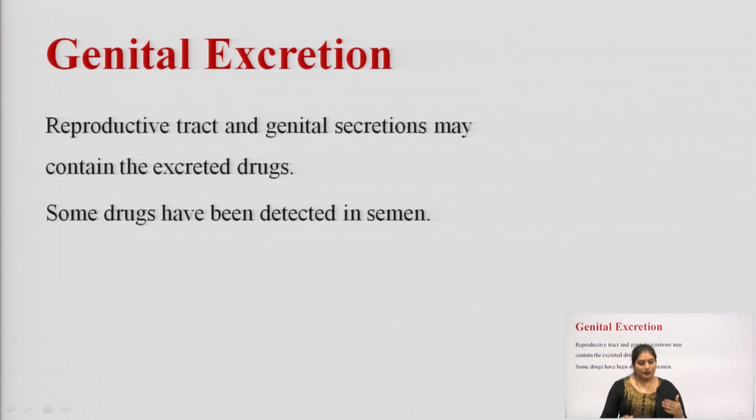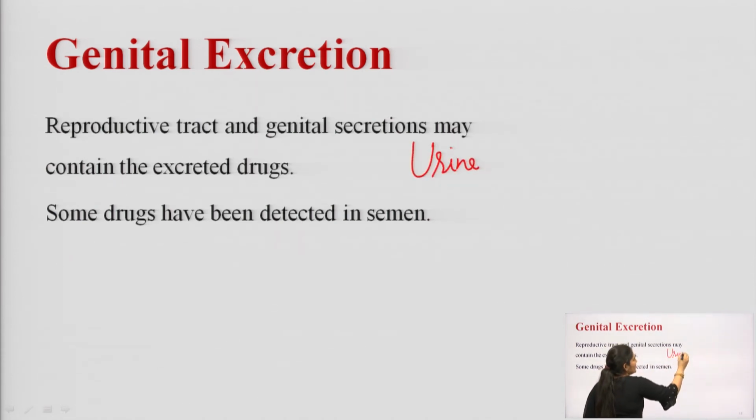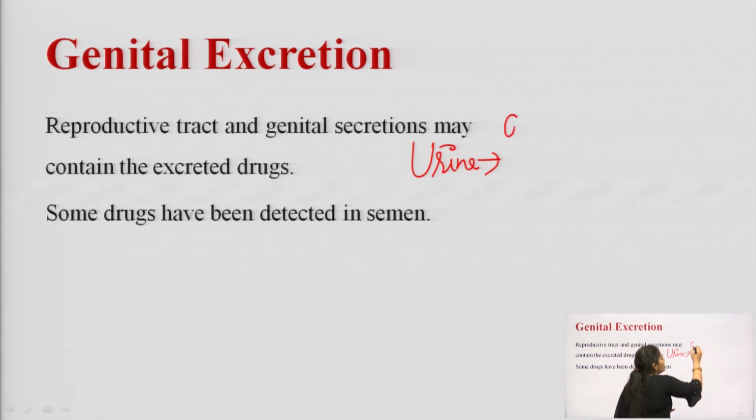So, we have the different excretion pathways and different transport mechanisms, and some drugs that are excreted through the different non-renal routes. For example, the first route is the urine, in which the drug is getting excreted into the urine, and we have three different mechanisms, that is the glomerular filtration,